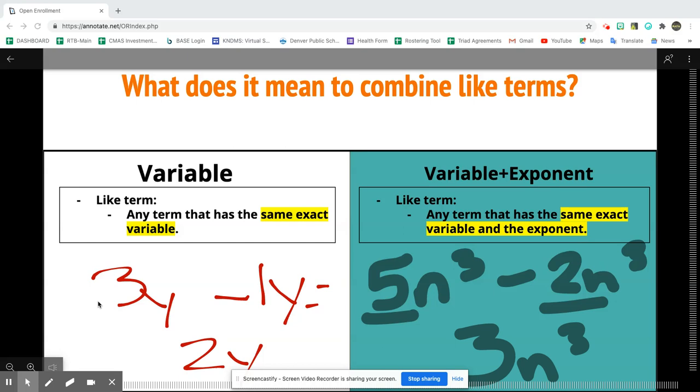Notice how my term stays the same. We want to make sure the reason we can combine them is because they are the same term. They will stay the same because they have the same variable and the same exponent. The only thing that's changing is how many of them we have. I had 5 n to the third powers, I took away 2, now I only have 3 n to the third powers. I had 3 y's, I took away 1 y, now I only have 2. But the y's stay the same. What makes the term is the variable or the variable and the exponent, which is why we can actually combine them in this manner. So now that we have an understanding of how we combine them using addition and subtraction,